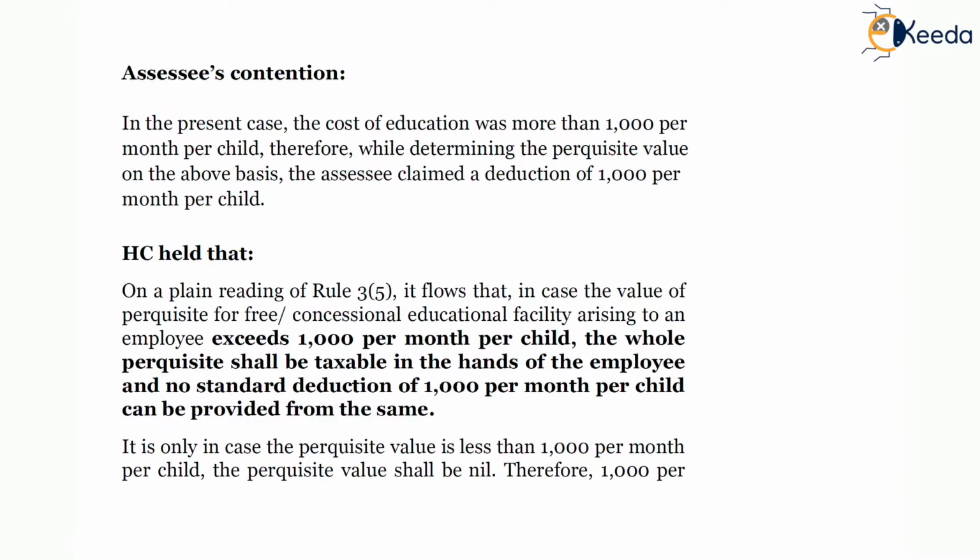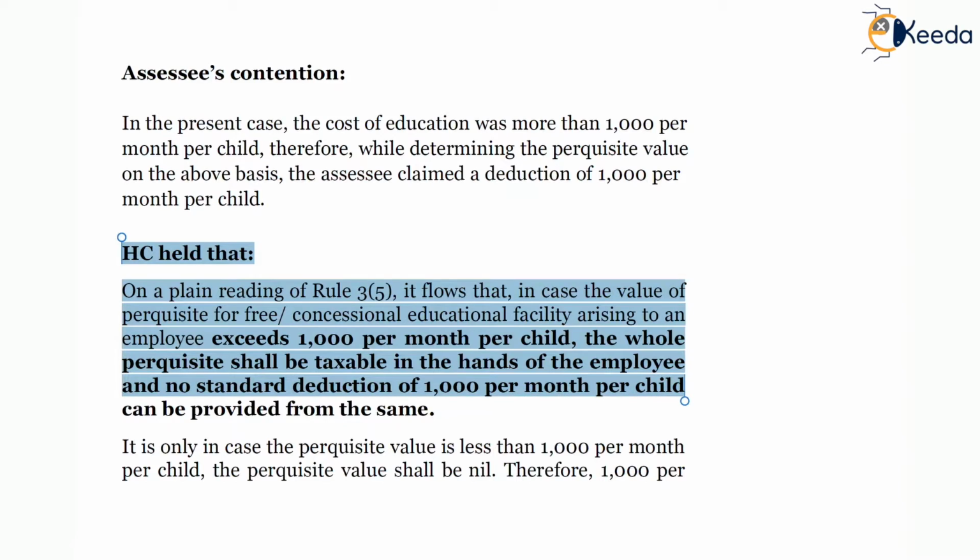High Court held that on a plain reading of Rule 3, Sub-rule 5, Rule 3, it flows that in case the value of perquisite for free concessional educational facility arising to an employee exceeds 1000 per month per child, the whole of perquisite shall be taxable in the hands of the employee, and no standard deduction of 1000 per month per child can be